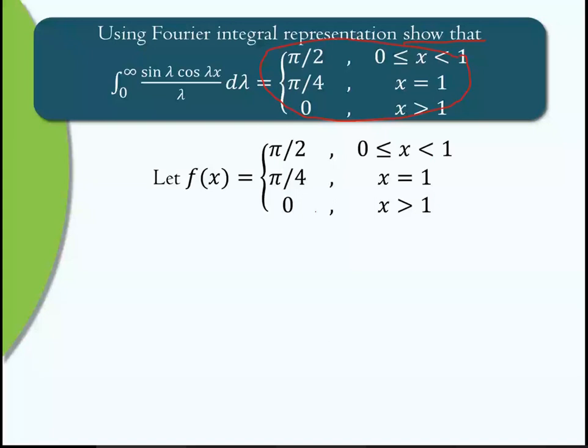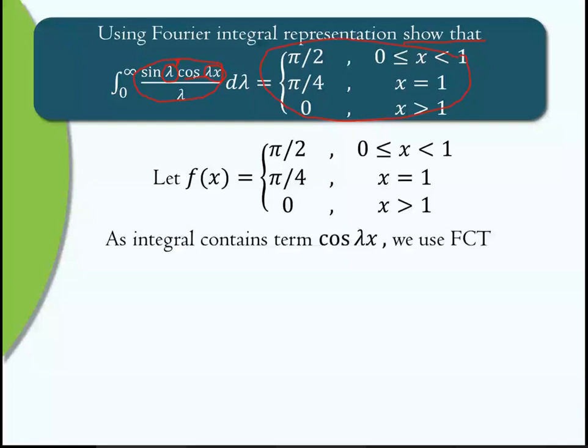Now look at the term in this integration. Then check whether it contains a sin λx term or a cos λx term. Now here the angle is λ. We want the λx angle, and that λx angle is over here. Here there is no λx, only λ. But here there is a λx term, and that is together with the cos term. So this integration contains the cos λx term, and we do not have a sin λx term. Sin λ is there, but we want sin λx, so that term is not there. So this integration contains only the cos λx term. So we use the Fourier cosine transform.